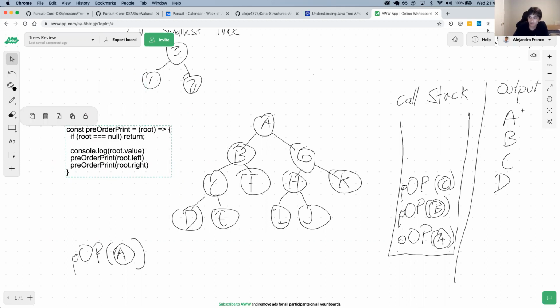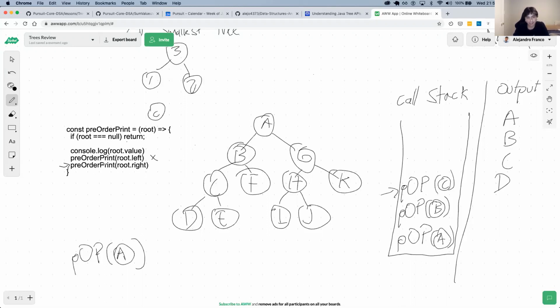So we saw that we went down on the left side until we saw D. And then we're back at C. What that means is that we go back to when the node was C, and we finished with the left of C, which was D. But the C function, the one that's currently on the stack, has not finished because it now needs to go to the right.